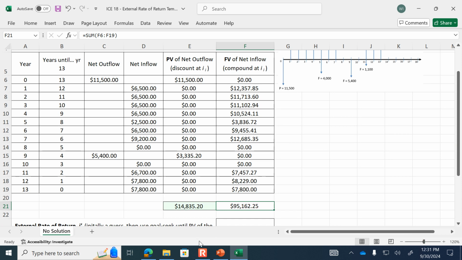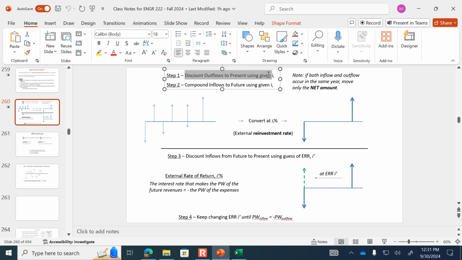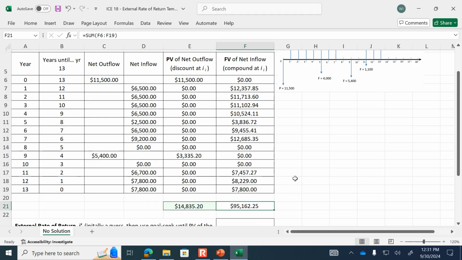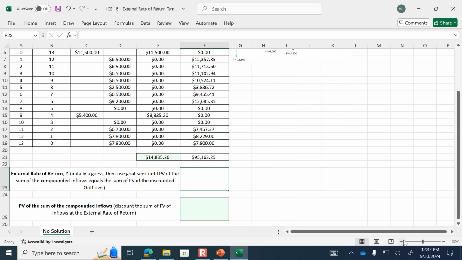Okay, so if we look back over the procedure here, we've done step 1 and step 2. Step 1 was discount all of the outflows to the present. Step 2, compound all of the inflows to the future. So next, step 3, discounting the inflows. Here's the inflows. The external rate of return requires us to start with some guess. We're going to be doing a goal seek. And so just maybe as a guess, if we put in 1% as a starting point for the external rate of return,